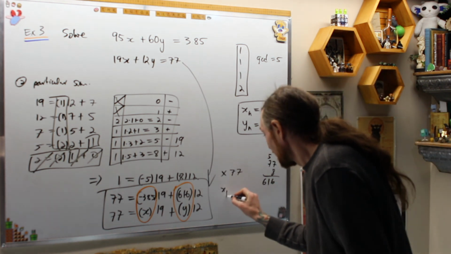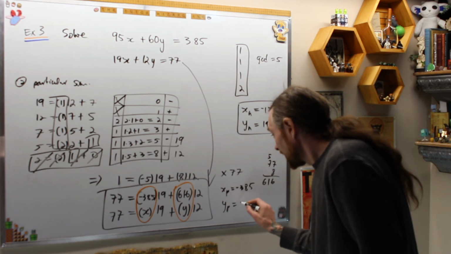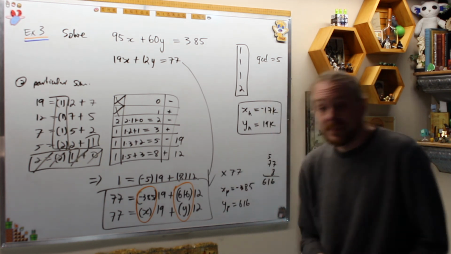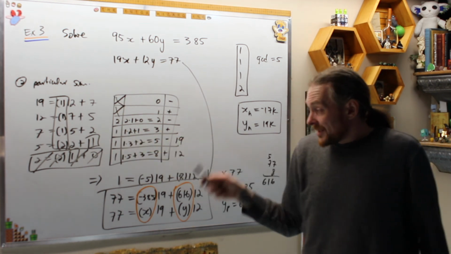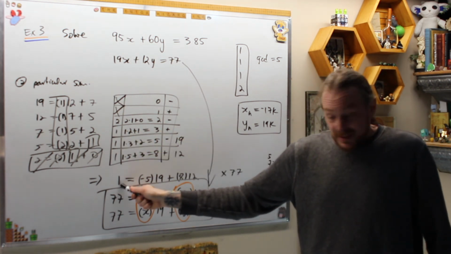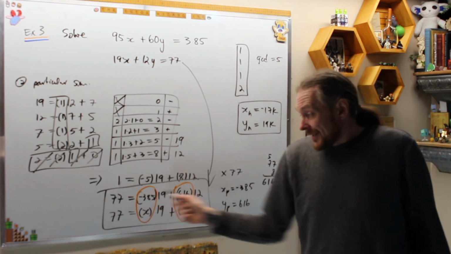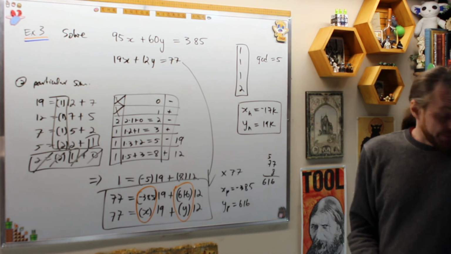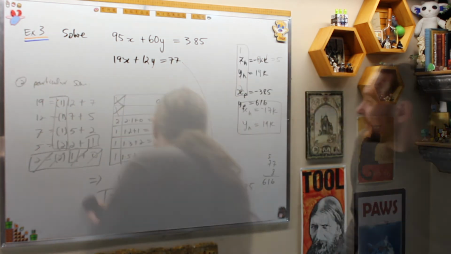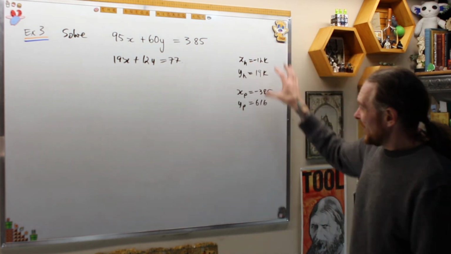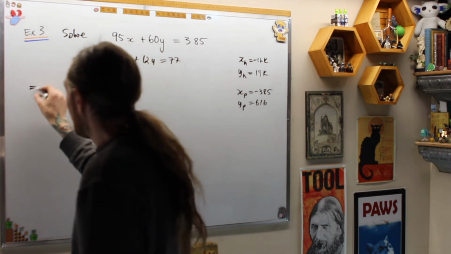X particular is equal to negative 385, and y particular is equal to 616, which I found using the Euclidean-Bezout algorithm by writing the GCD 1 after dividing by the GCD as a linear combination of 19 and 12, and then multiplying by 77 and cleverly matching everything. Once I have that, what is the general solution? Let's move everything up and keep the homogeneous solution and the particular solution. This says that the general solution